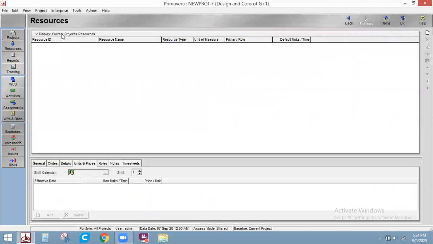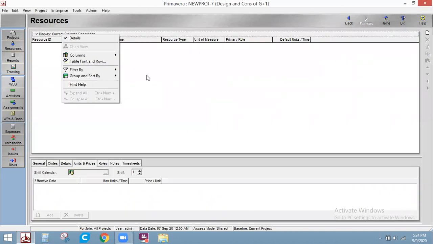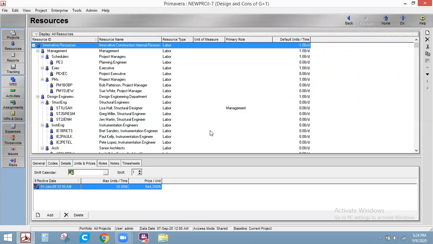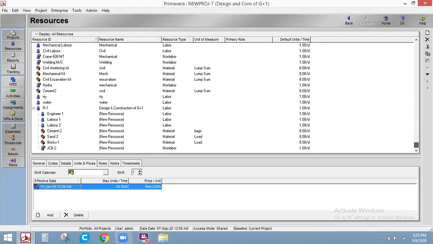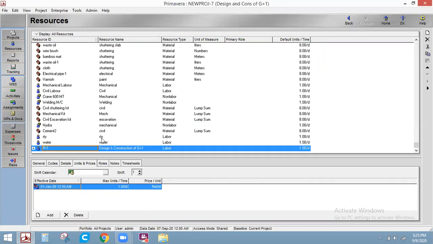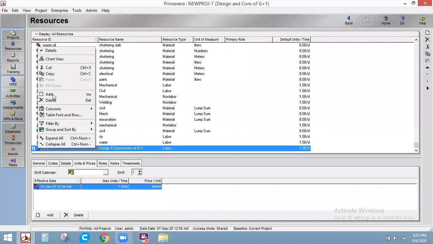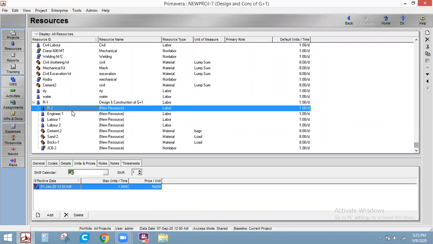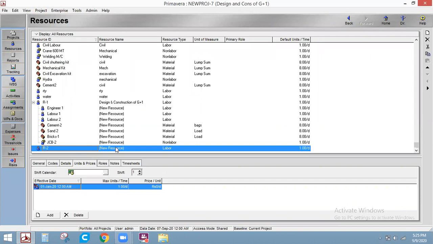We'll move on to the resources screen. Right click on this, filter by all resources. I'll be getting all the resources in the entire projects that we have executed earlier. Go to the bottom. I'll insert one resource now. I have R2 here. I'll move this towards this side. For this R2, I'll give the name as